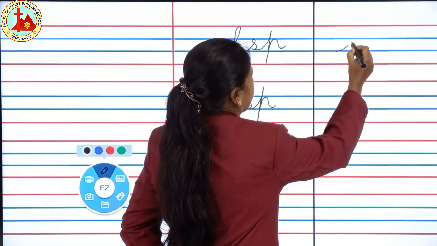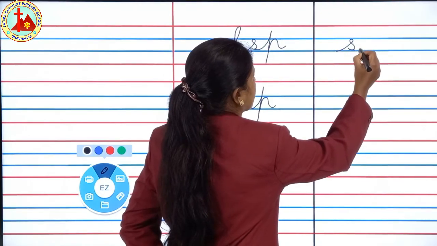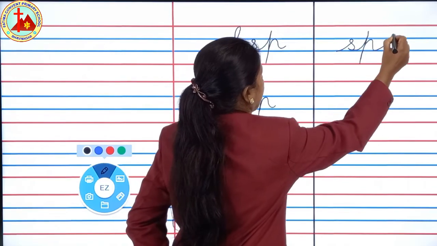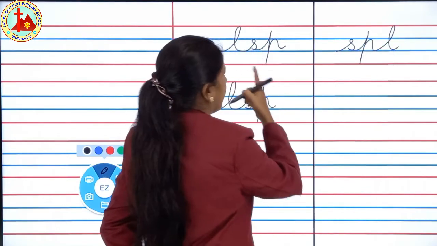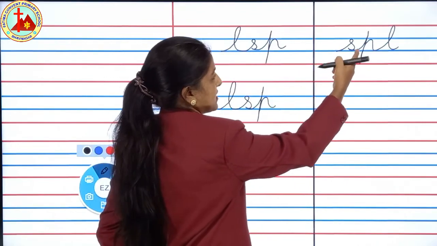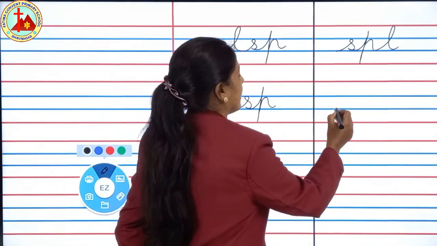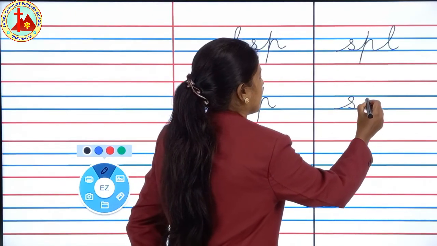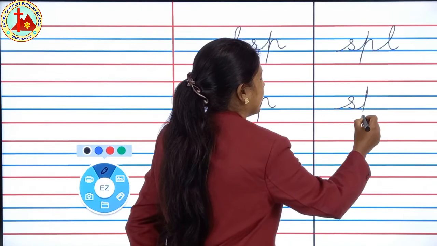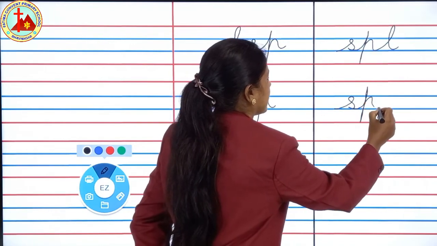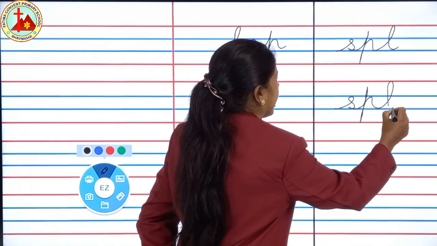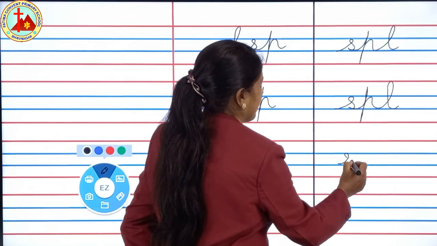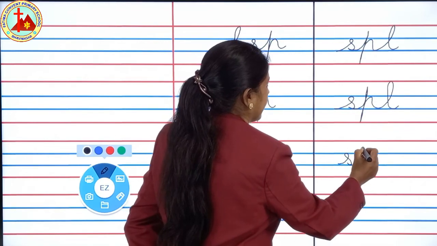You can also write S, P, L. L, S, P, S, P, L. Cursive small S, cursive small P, and cursive small L. See, Miss is writing without lifting pencil or hand.